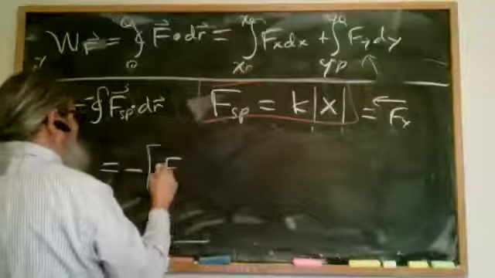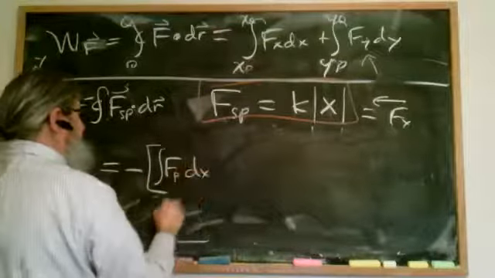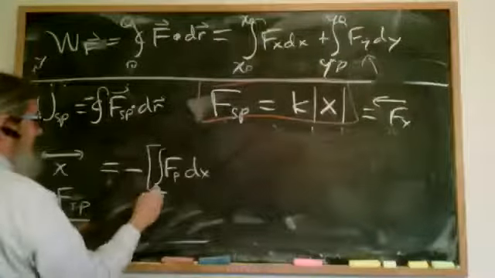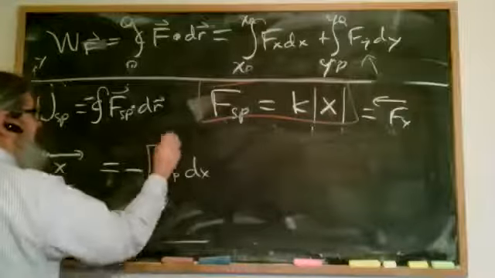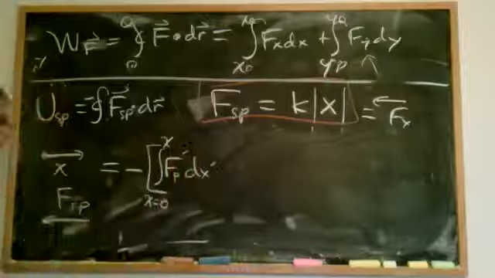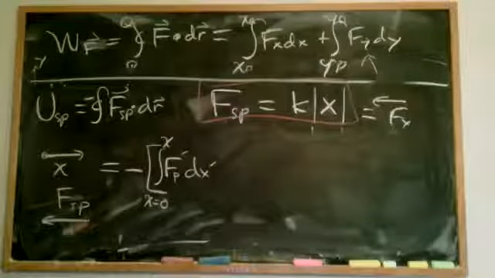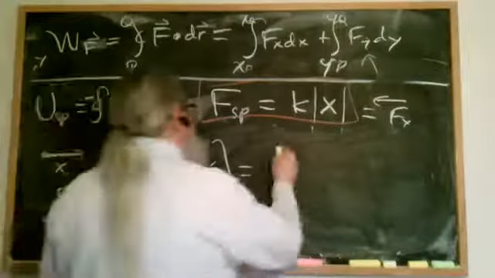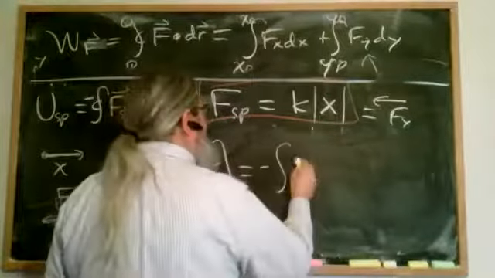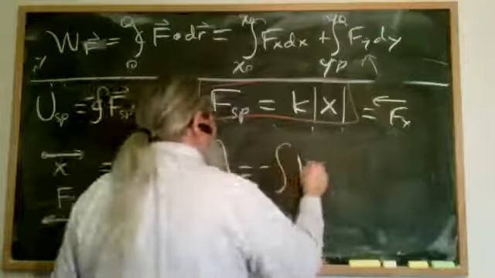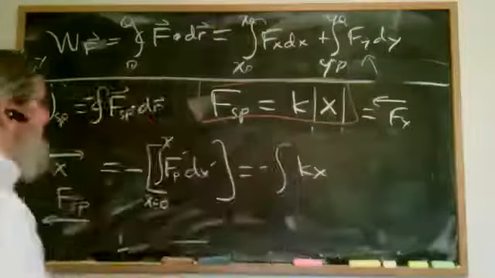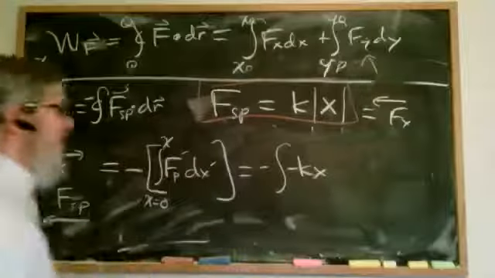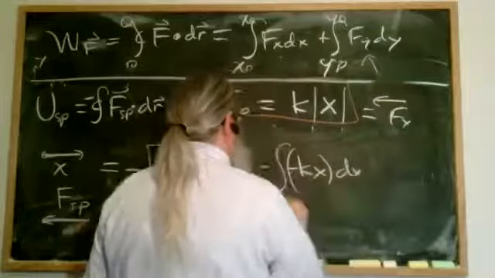So that's just the integral of the spring force dx. I'm going to pick my reference point to be x equals 0 and integrate from 0 to x, with x primed as the variable inside the integral. Let's do that. I know what that is: the negative of the integral of kx, which is the magnitude of that force. But this force is applied in the negative direction, so the dot product gives me the negative sign there. Then it's just x, and I go from 0 to x.